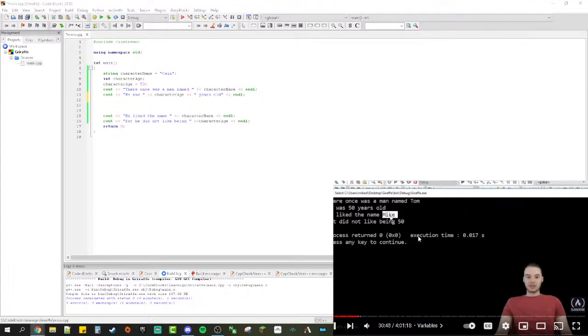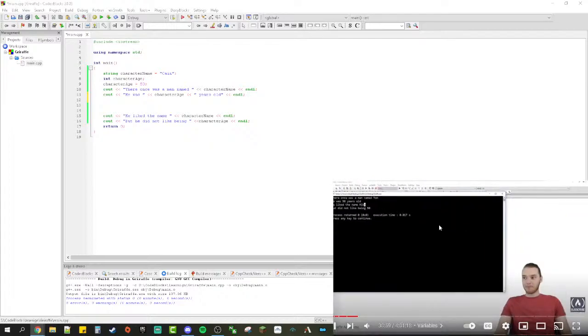Tom, and down here it's using the name Mike. So not only was I able to just use those variables to insert these values, but I can actually modify those variables at different places in my program. So that's